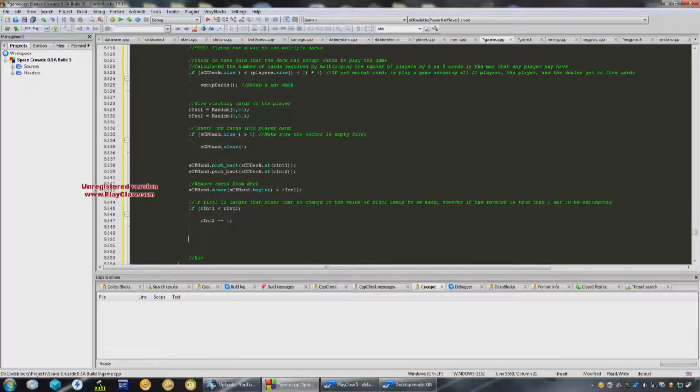We just go right down and do the erase. So, either this is true and then we subtract 1 from rint2 to make it work, or it's not true and we don't need to do it. Either way, you can just use the same actual erase command. If this is true, this will hit and it'll be correct. If it's not true, it won't hit and it'll still be correct. So we just go scp hand